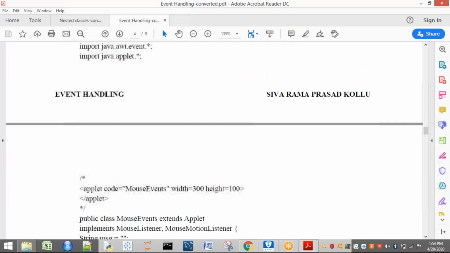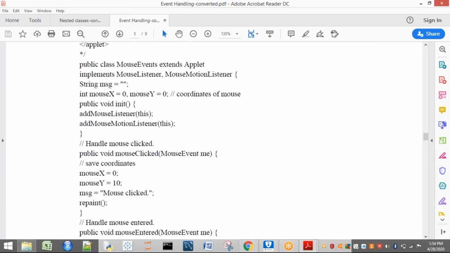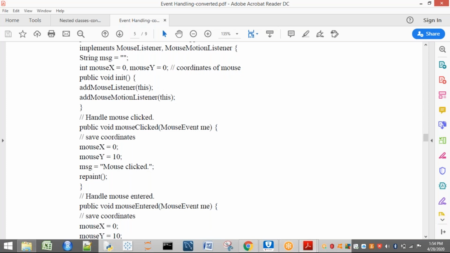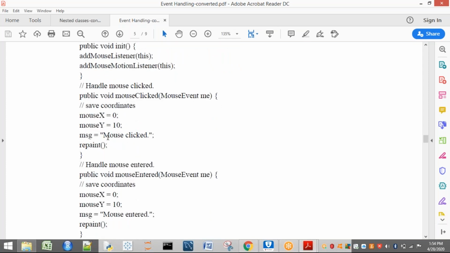To overcome this problem, there is one alternative: keep empty brackets. Write the name mouseClicked and don't write anything inside, because I don't want that. In the same way, write mousePressed and mouseReleased without any code. In this way also we can implement.